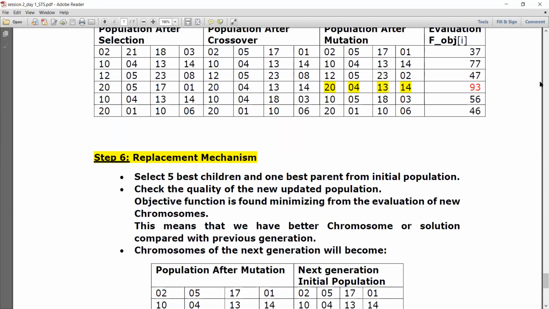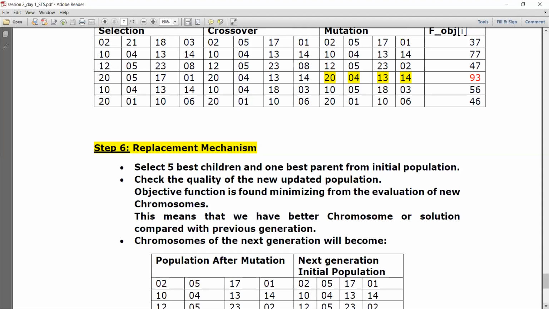Now for that, we are going to call that objective function value. See, in the previous table itself, I have opened one column evaluation F objective. We have A plus 2B plus 3C plus 4D minus 30. Is it not? So for each and every chromosome, check the quality. Check the objective function value. So I have now tabulated that. Now one thing is so much important. It's an iterative process. I'm going to cross generation after generation. In each generation, it is my responsibility to check whether we are really minimizing the objective.